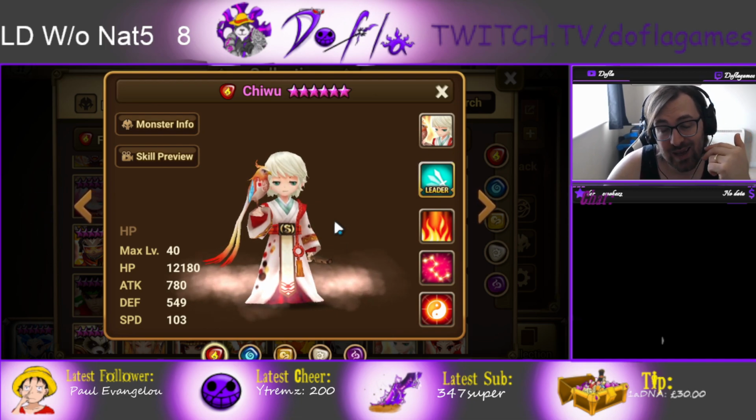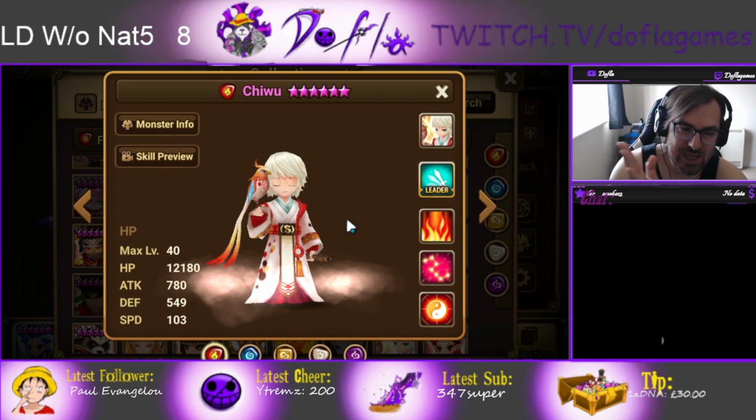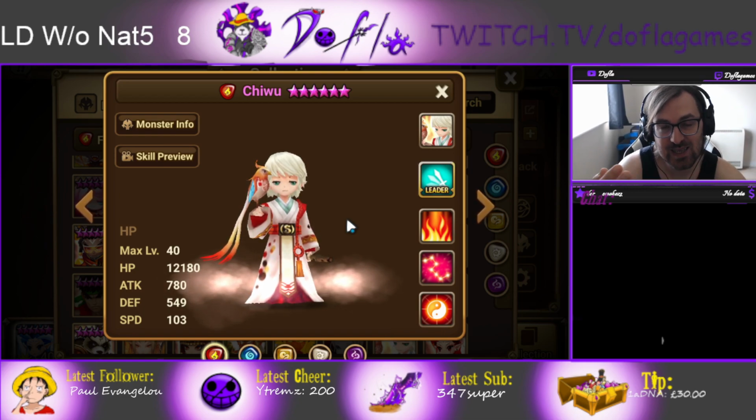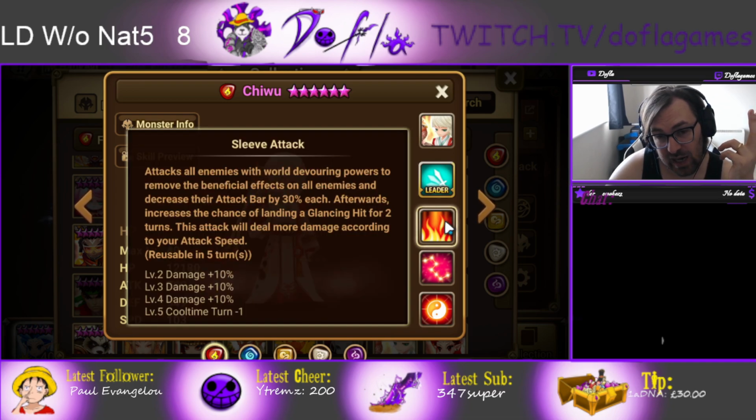Chibo is really good, especially in situations where the opponent is going for speed. You didn't really pick much speed, but you still have a nice shield and a speed lead. Last pick Chibo, you have a swift unit with a speed lead, so you can still contest speed on the opponent. Really good unit. His skill 3 has changed, so now it decreases the enemy attack bar by 30% and puts a glancing debuff